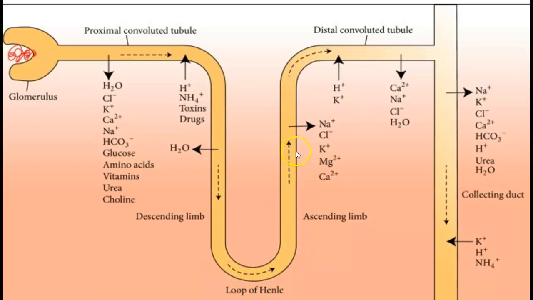You're going through the loop of Henle, you're losing more sodium, more chloride, more potassium, magnesium, calcium. And here you're adding in more acids if you need it, more potassium if you need it. And then here you're losing chloride, sodium, calcium, and water. And then in the descending or the collecting duct, you're losing sodium, potassium, chloride,